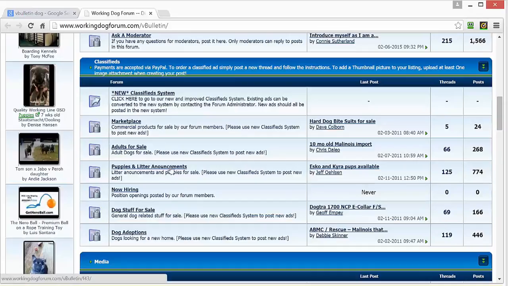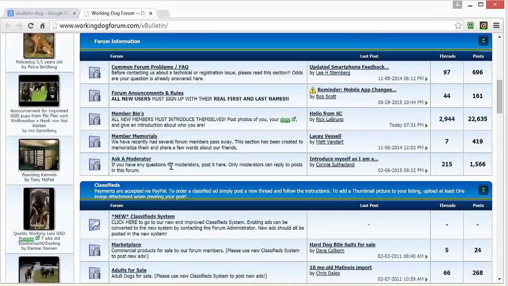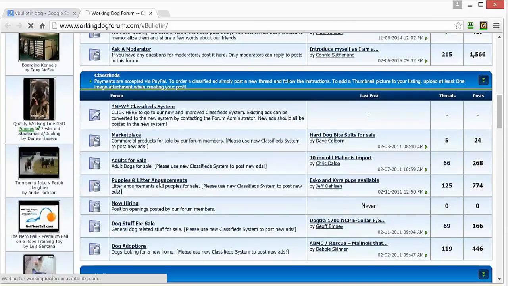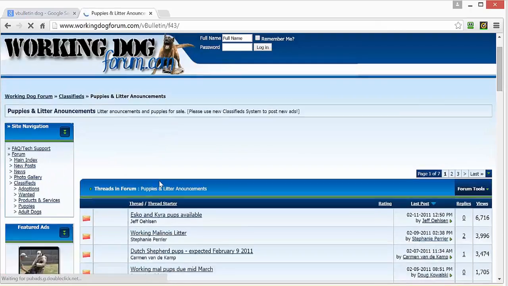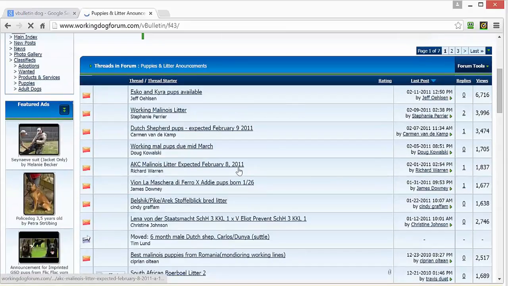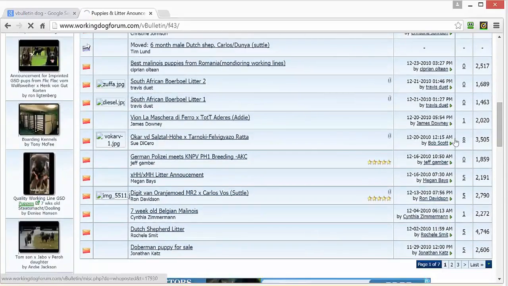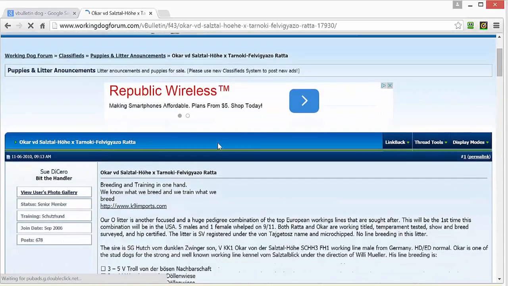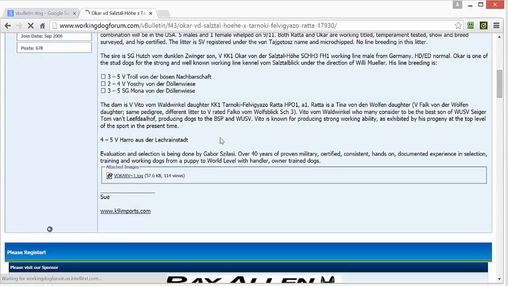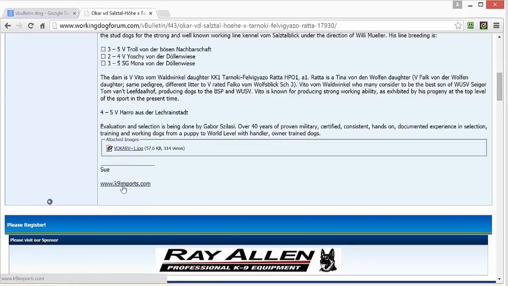So basically, this would be the kind of place where you would post a comment in the thread and have your signature in there. Let's see. Just take a look at some of the comments in here. So let's look for one that has some replies. This one has 8 replies, so this one kind of got some interest. And you can see, for example, this has a website in the signature.